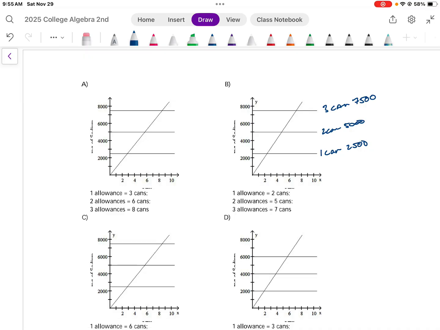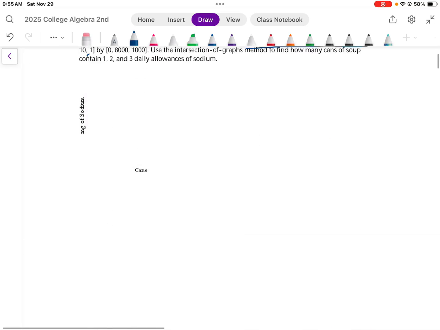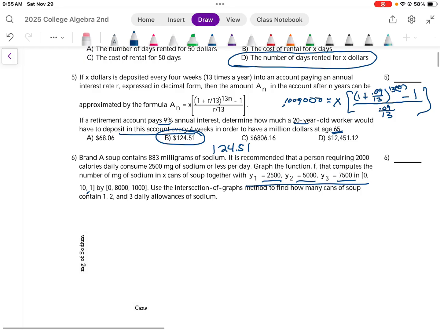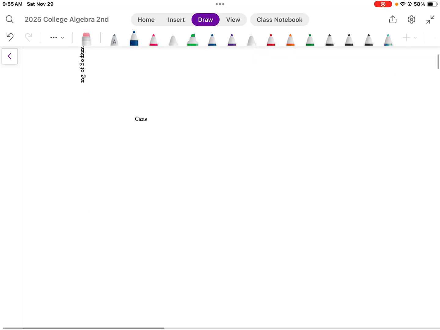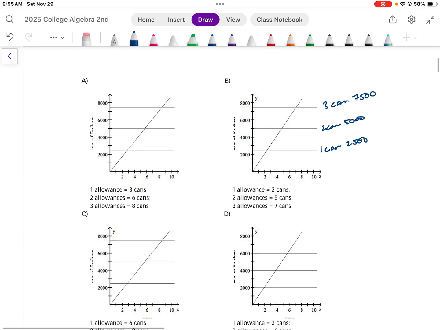And then the diagonal line that we see in there is representing the 2,000 calories per day. So now what I want to do is figure out how many cans, as I work it out to see where the intersections are. And so I think the easiest thing is you could go through and